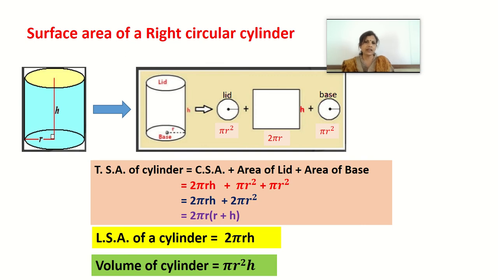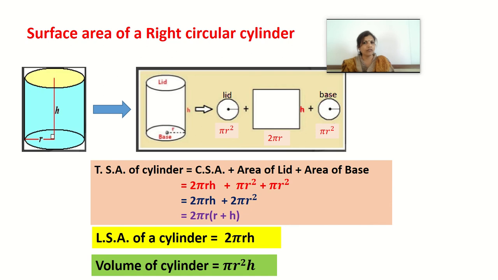Now if you just see there on the screen, children, if I separate out the top and the bottom and the middle part of the cylinder, what I get is the top, which is the lid of the cylinder, the curved surface area, which is the middle part of the cylinder, and the bottom, which is again the base of the cylinder. The lid is circular in shape, curved surface area is rectangular in shape, and the base is again circular in shape. So if I find out area of these 3 parts, the total of these 3 areas will give me the surface area of the cylinder.